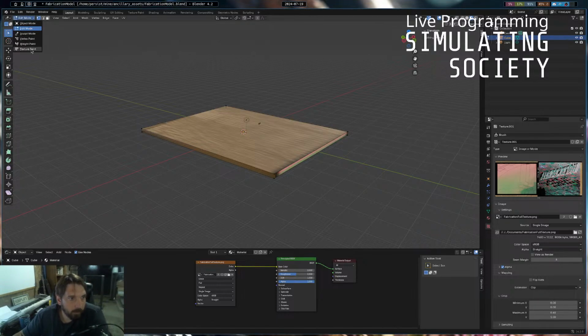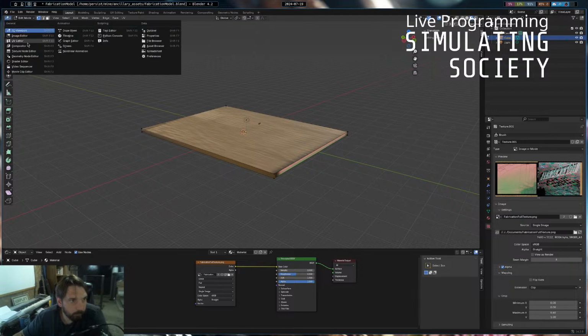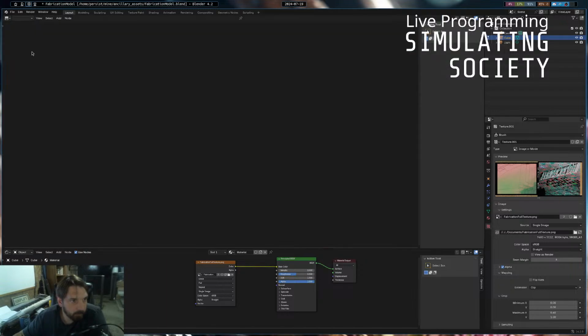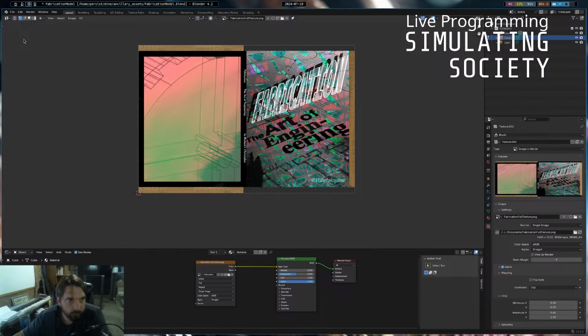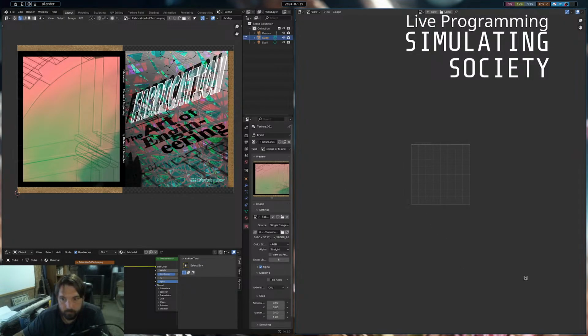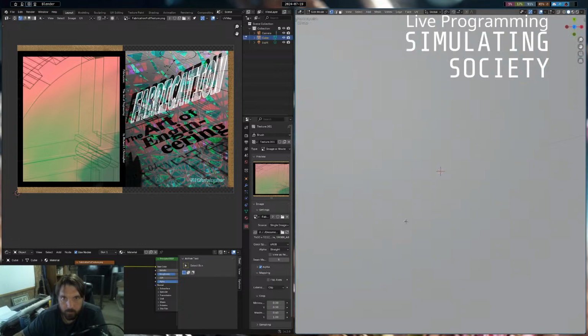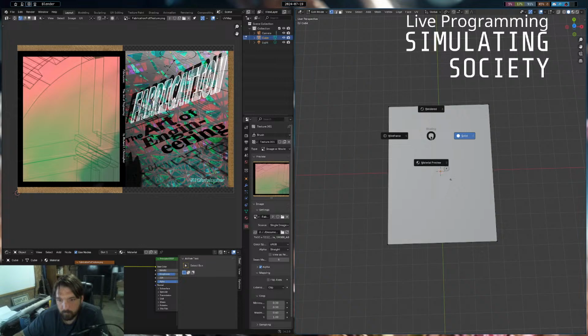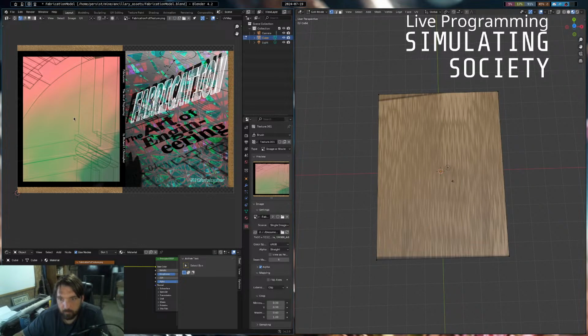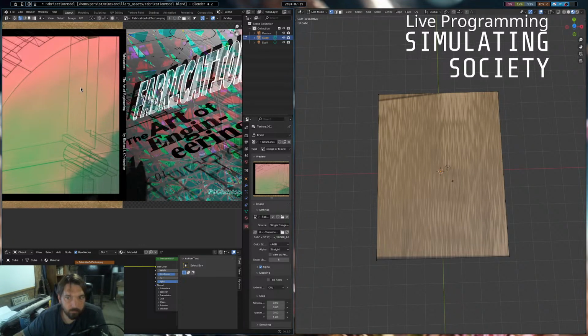Oh, we've got to go back to this UV editor, I guess. Texture node editor. Yeah, I think we do. Window, if we do a new window, we just make this one our 3D viewport. Material preview. So, if we assume